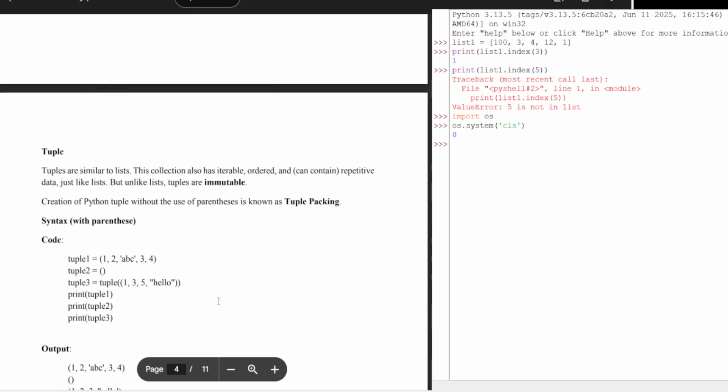Okay, so the syntax of tuple is, instead of using square brackets, you use parentheses. When you put the data values within the parentheses, you are defining a tuple. So we have seen in the previous video that we can create a list like this, but we are using square brackets. So if I want to create a tuple, the tuple is like this. If I just write it here, okay,